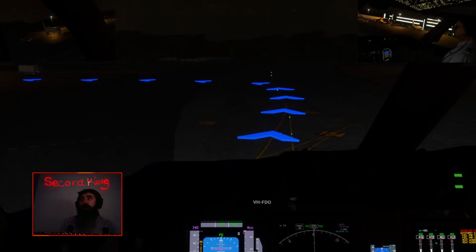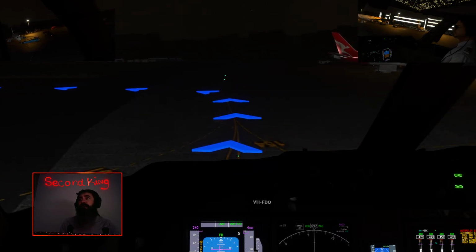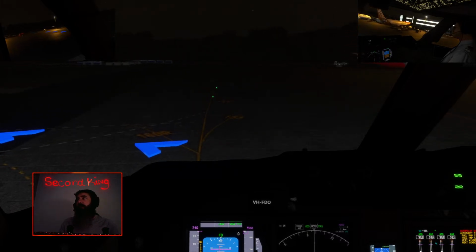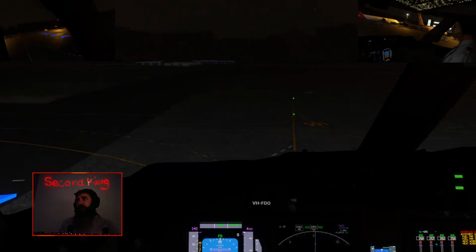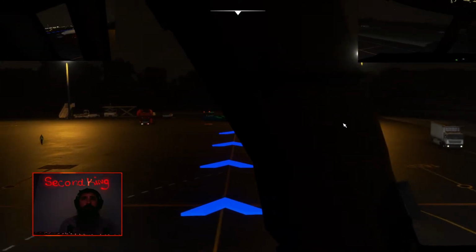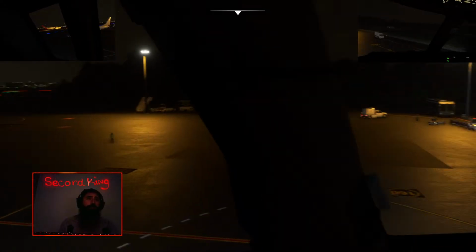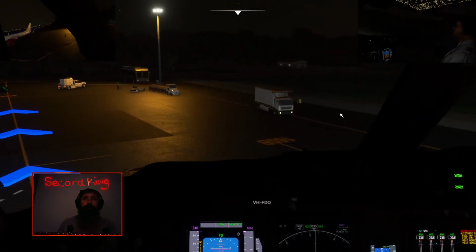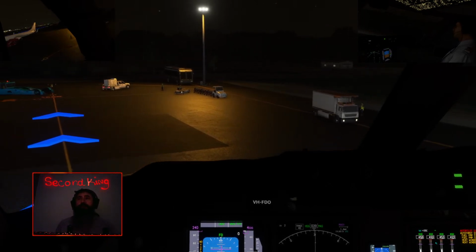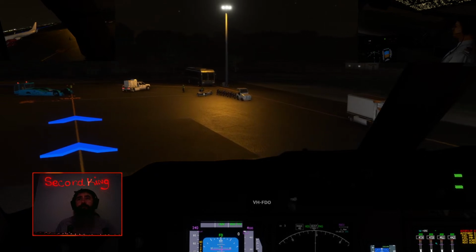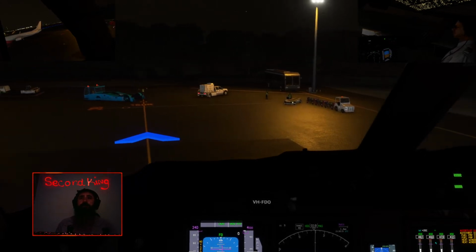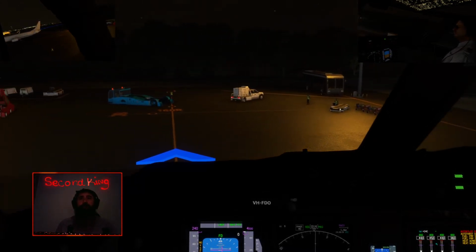So I'm going to turn strobe off, nav off. I'll leave taxi and beacon on. So you can see over the right hand side here, there's a dude with 2 handy things. Straight nav view. So you can see he's telling me to go left. Go left. Go left. I said left. I want to be lined up on that yellow line.